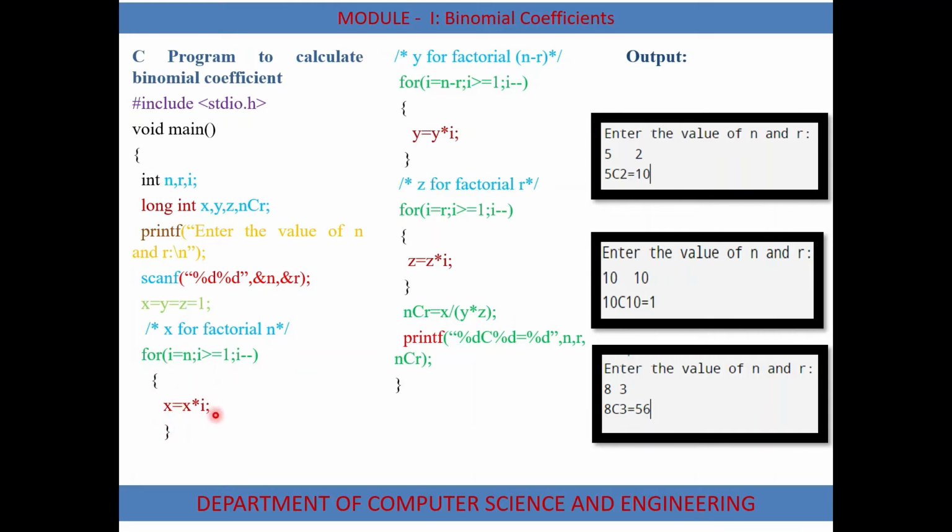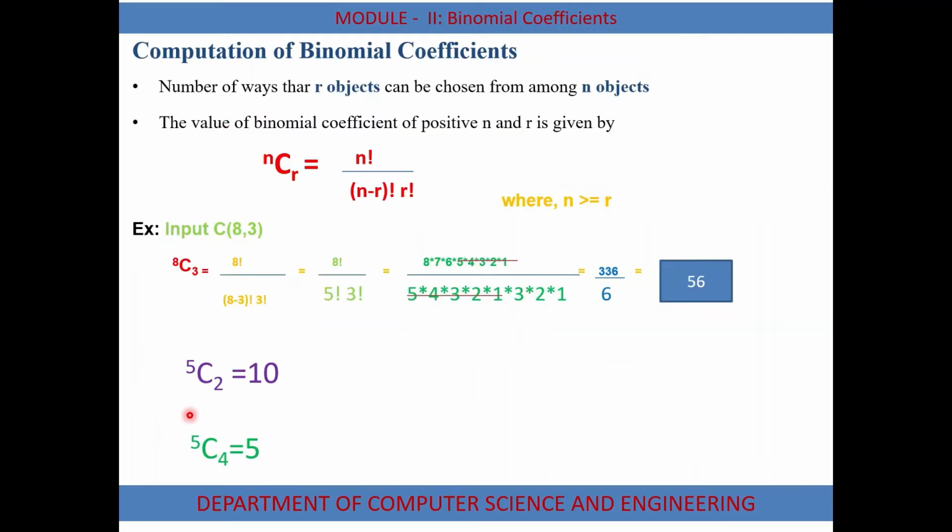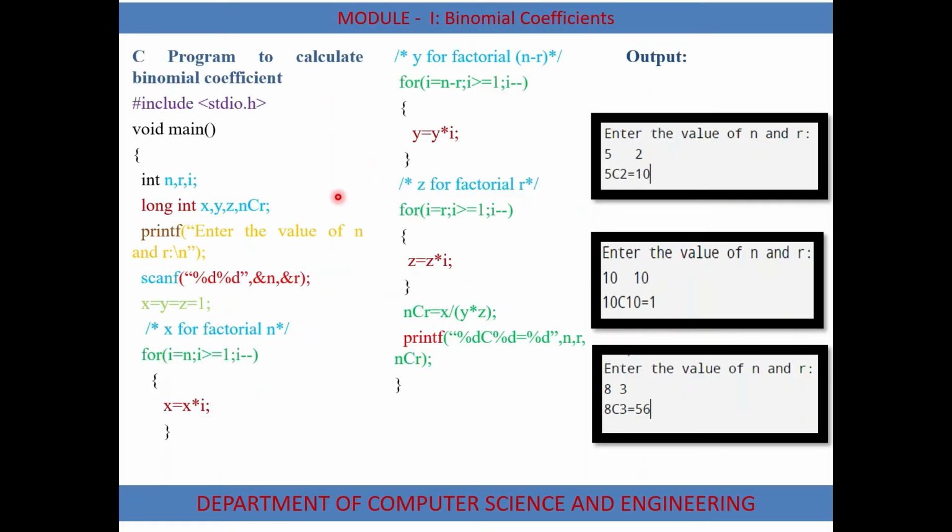At the end of this section, the x value is 120. That is nothing but n factorial is equal to 120. See, n is nothing but 5. 5 factorial. What is the value of 5 factorial? That is 5 into 4 into 3 into 2 into 1. That is nothing but 120. Now using this concept we got the same value. X is equal to 120. The x term is nothing but n factorial. That is n factorial is equal to 120.